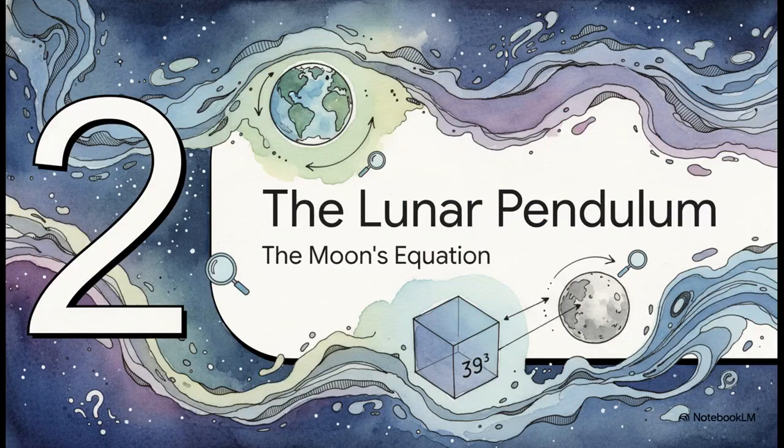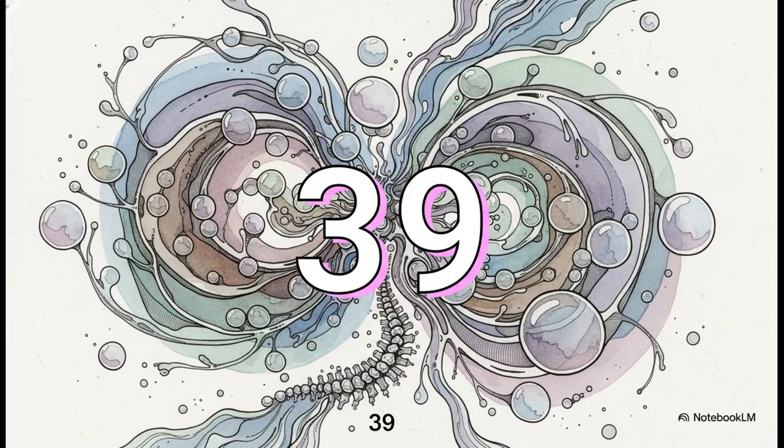Section 2. The Lunar Pendulum, the Moon's equation. Okay, let's dive into this. How does this grand cosmic theory apply to our actual day-to-day reality? Let's shift away from the macro rules and look at a local example, right in our own cosmic backyard. To see how the AI acts almost like a cosmic detective decoding the fluid dynamics of our moon, we have to introduce its first vital constant, the number 39. In the S-DMT framework, 39 represents the fundamental strata of universal densification. It basically acts as the backbone of the entire model.